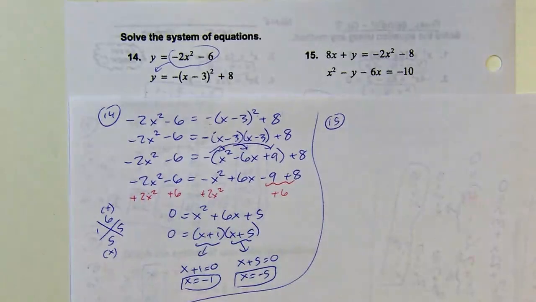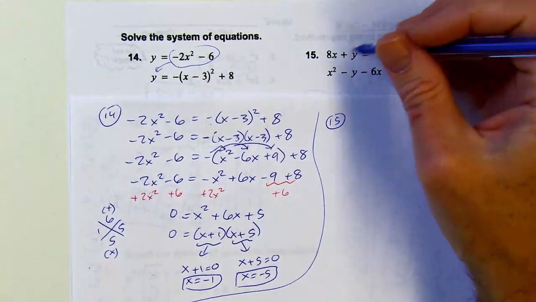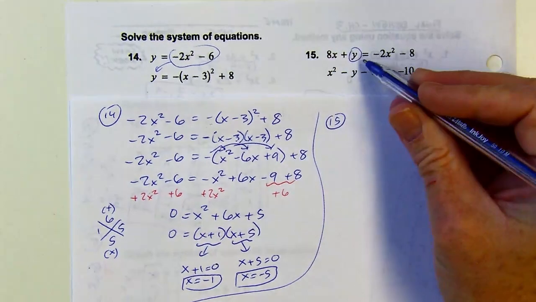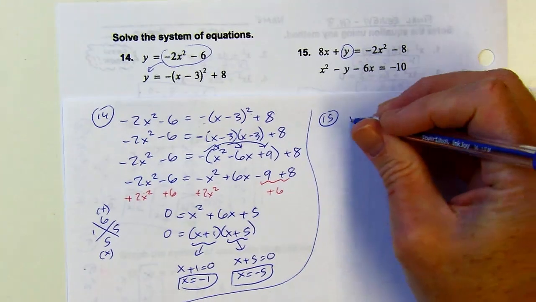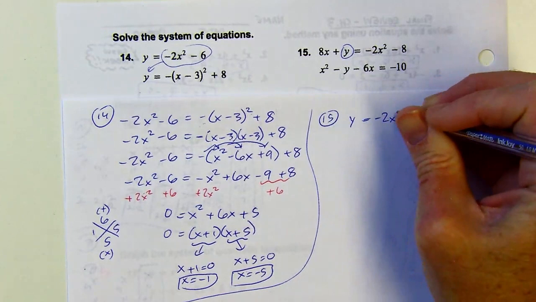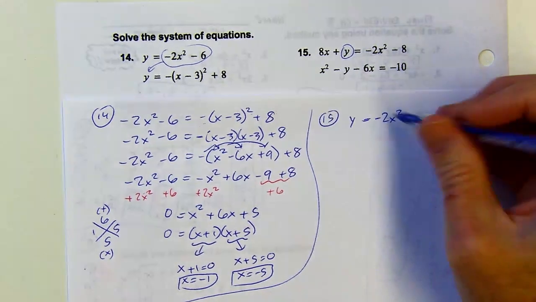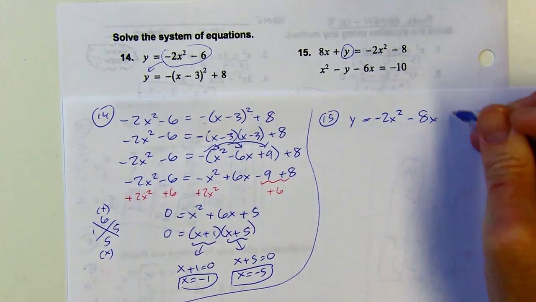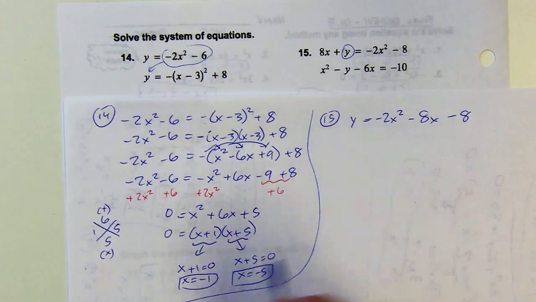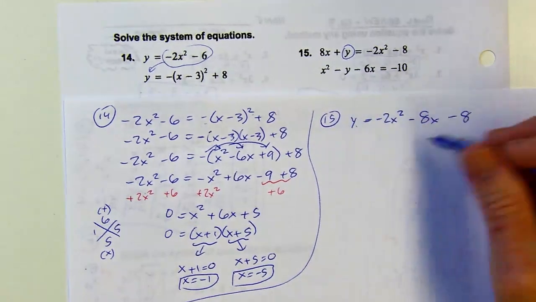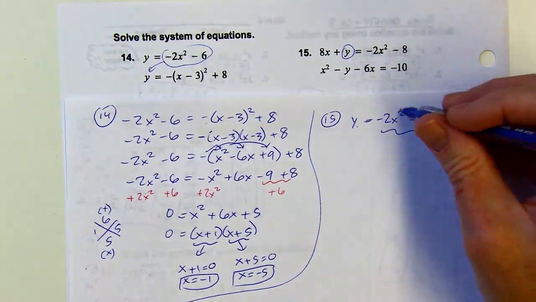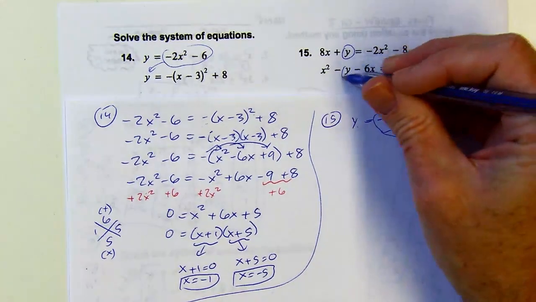So I'm going to do the same kind of thing. This one's going to be a little bit more difficult because I've got to mess with the equations a little bit. So I'm first going to just isolate the y in the top equation. So I'm going to stick in the negative 8x in there just so it's kind of in standard form. Now I've got y is equivalent to this, so that means I can plug all of this into the second